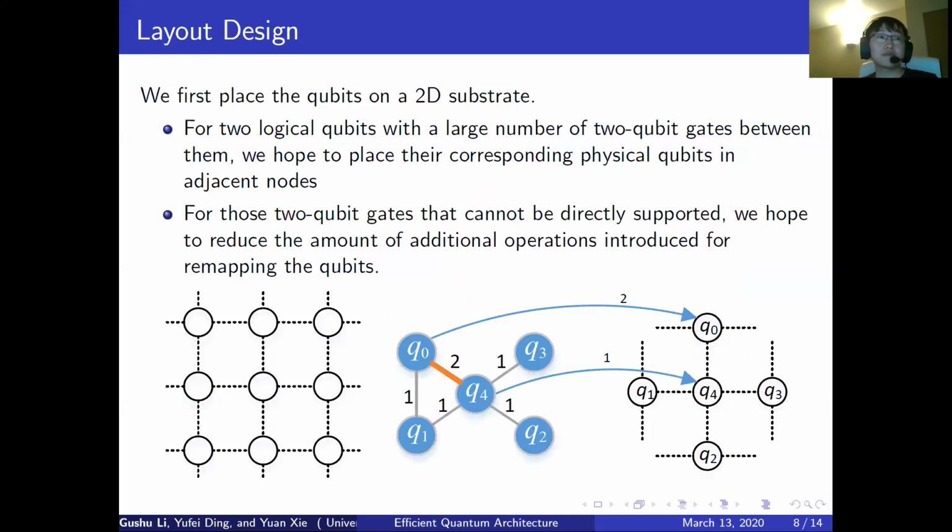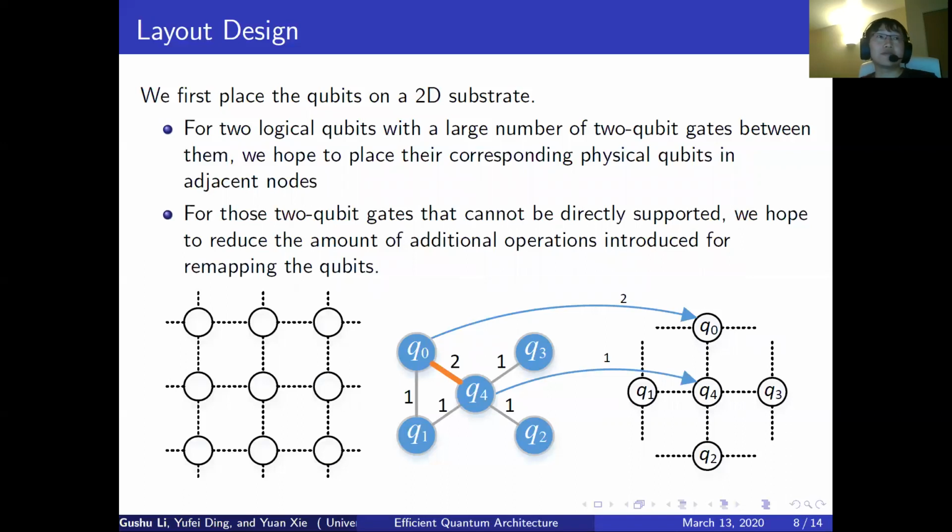It has 3 steps. The first step is about qubit layout. That is where we should place the physical qubits on a substrate. In this research, we are still using a 2-dimensional substrate. And we further assume that the physical qubits are placed on the nodes of a 2-dimensional lattice to make these